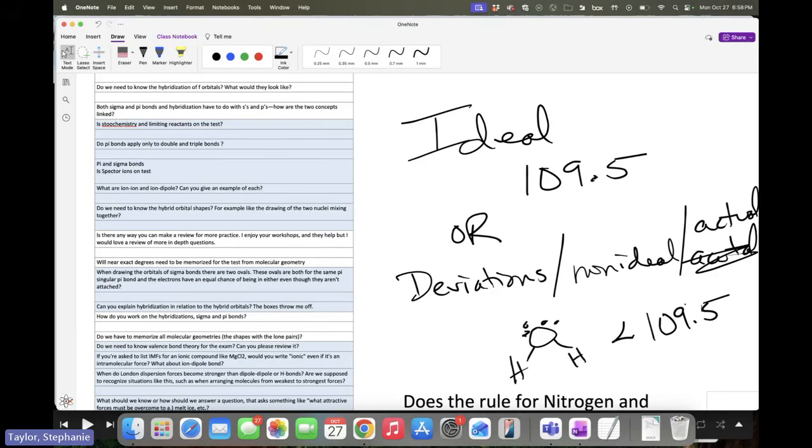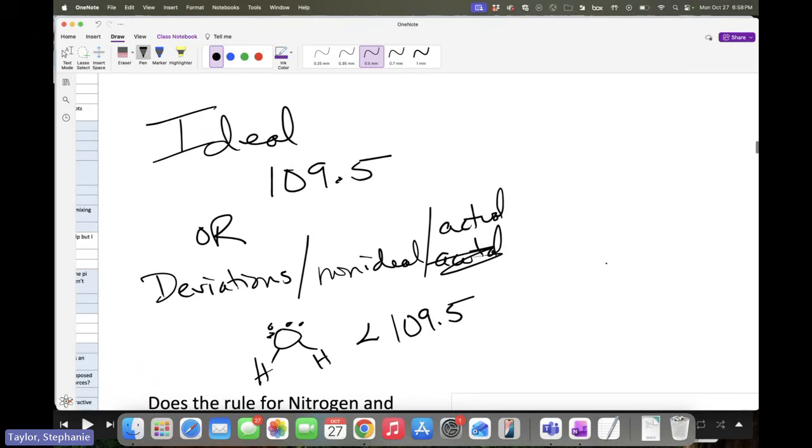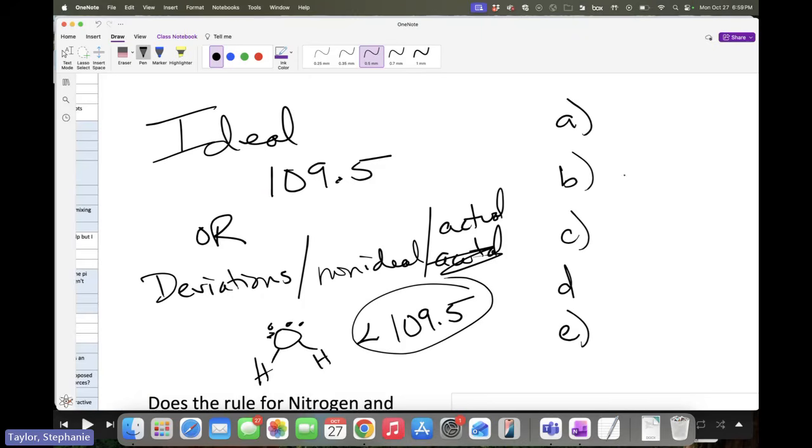I know that in the lab, y'all did some stuff that gave you real numbers for some of those bond angles, and that's lovely. We are just going to do less than 109.5. Sometimes the only other thing we can do, bond angle wise, is something like this, where we give you